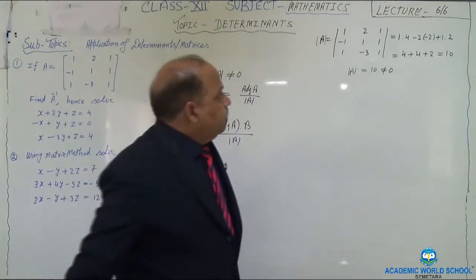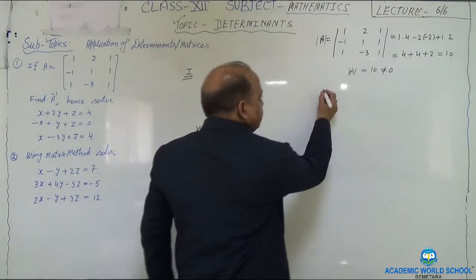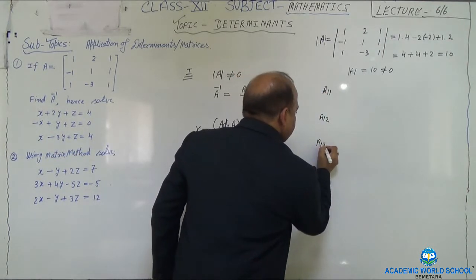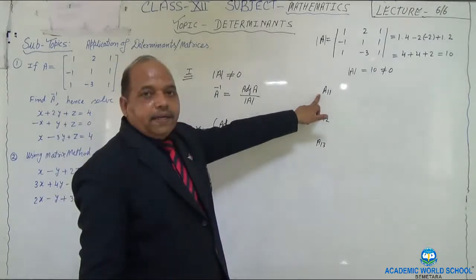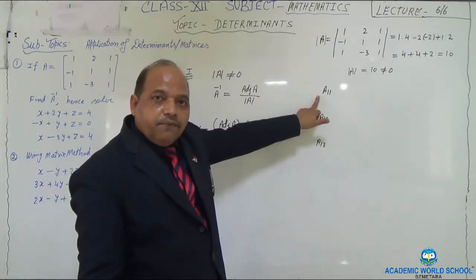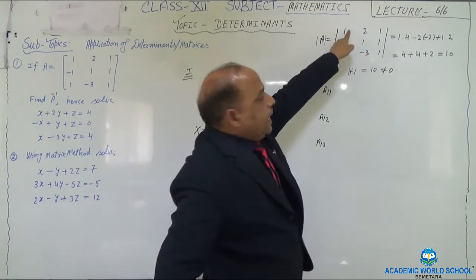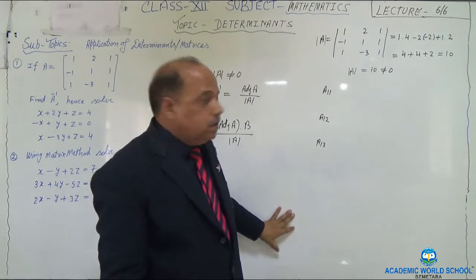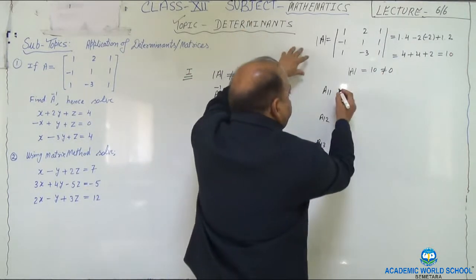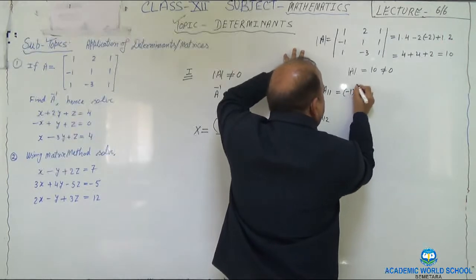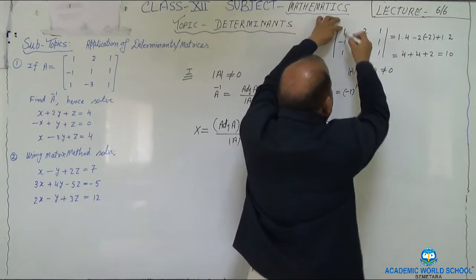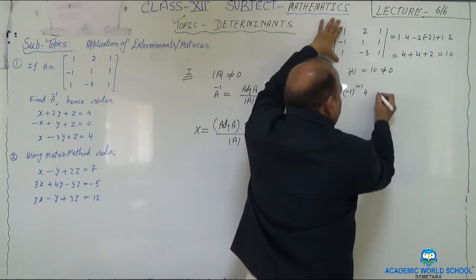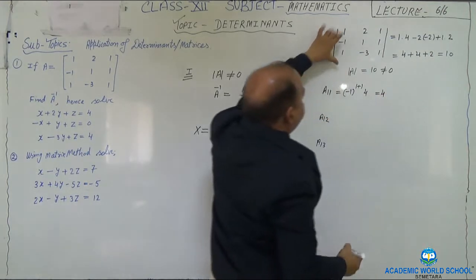So to find out, first we will prepare the cofactors matrix. Cofactors are A11, A12, A13. What is written? Cofactor of the element which is kept in place of first row, first column. That means this element. Similarly, we will find out the cofactor of all these elements. So what will be A11? Look at that. A11 is minus 1 to the power 1 plus 1. Take that here. Leave this part, leave this part. This gives you 1 plus 3. It becomes 4. This is even power, so it will become 4.